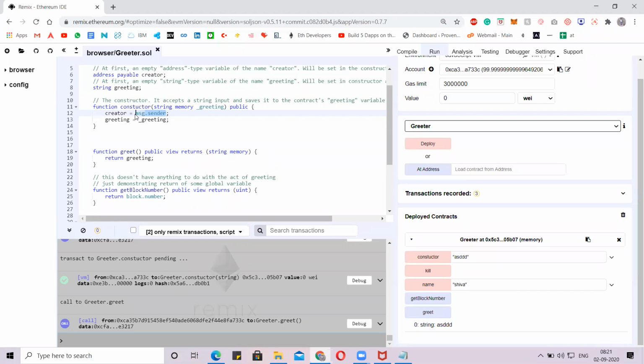Venkata Reddy. Yes, that's part of metadata, but it is passed while deploying. But we are passing the specific data to that creator. Okay. Who performs the transaction? Not who performs the transaction, the person who deploys the contract. Anyone can perform the transaction, but deploying the contract is done by a single person. Cool. Great.